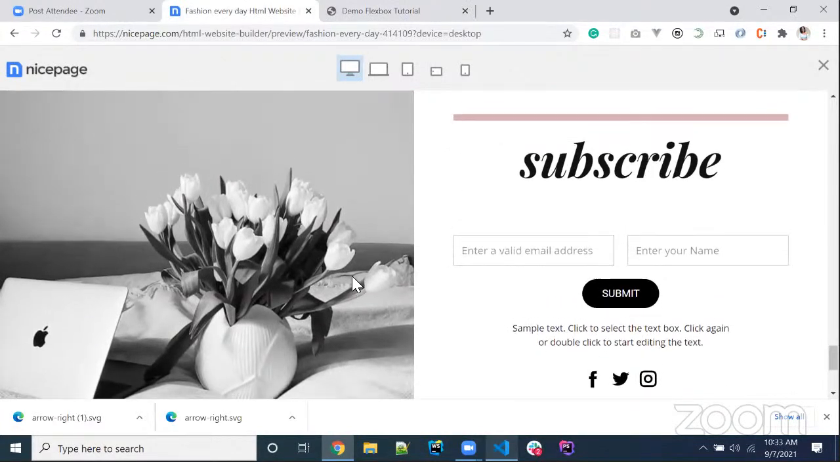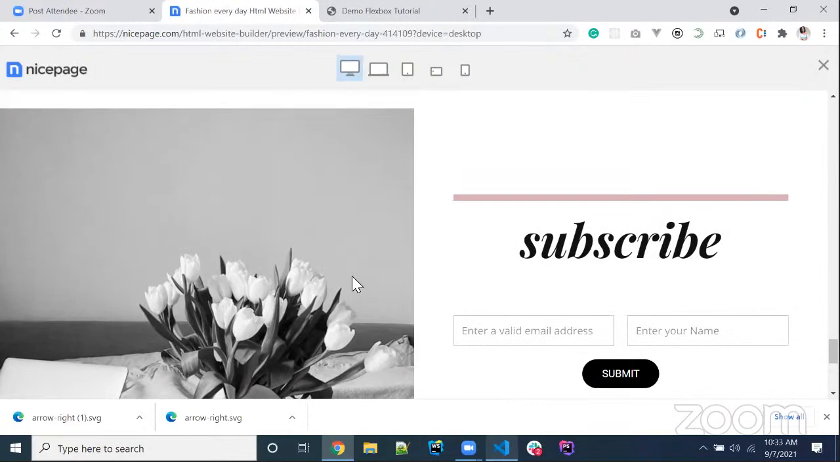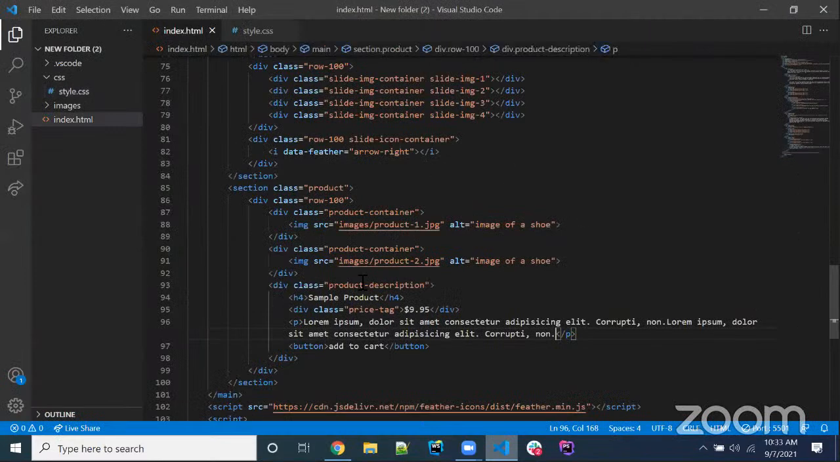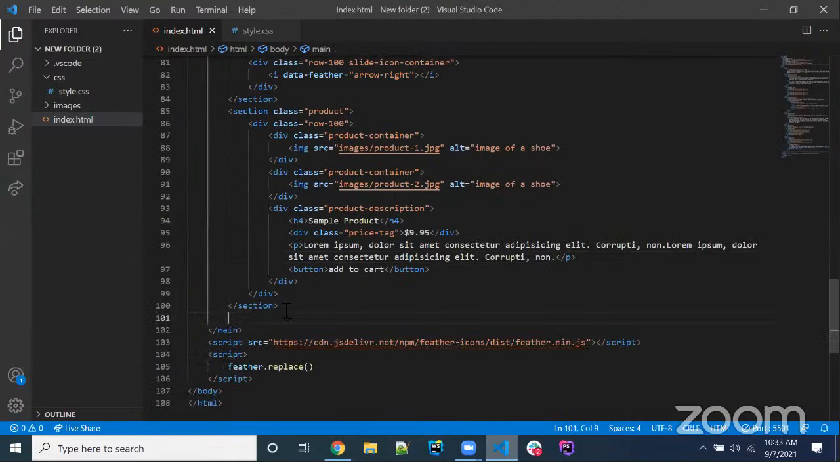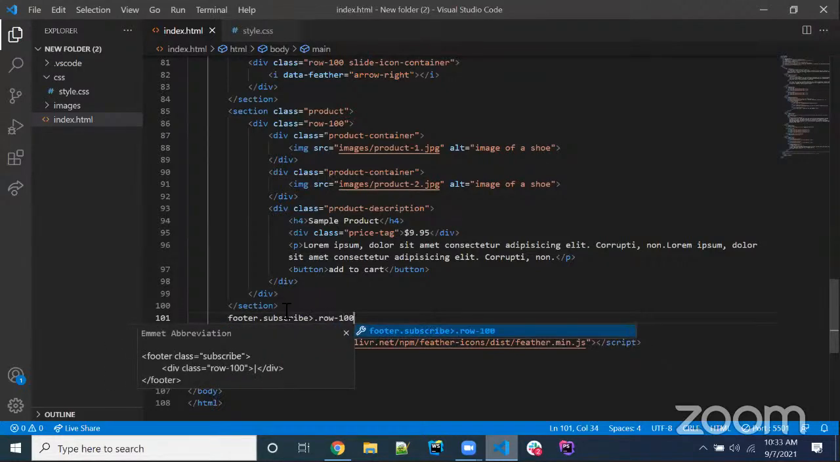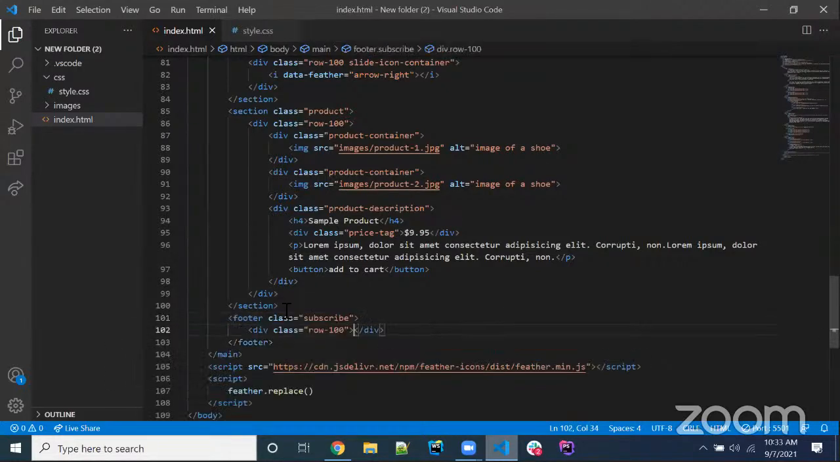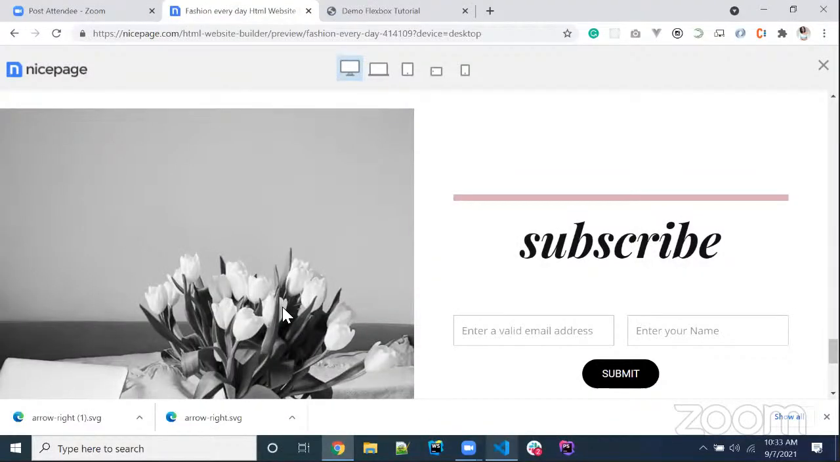All right, so for this, let's start. This is going to be the last section. So I'll call this last section subscribe. It could be a footer. So I'm going to use footer here. And I'll call this subscribe. Row of 100. And inside this row of 100,